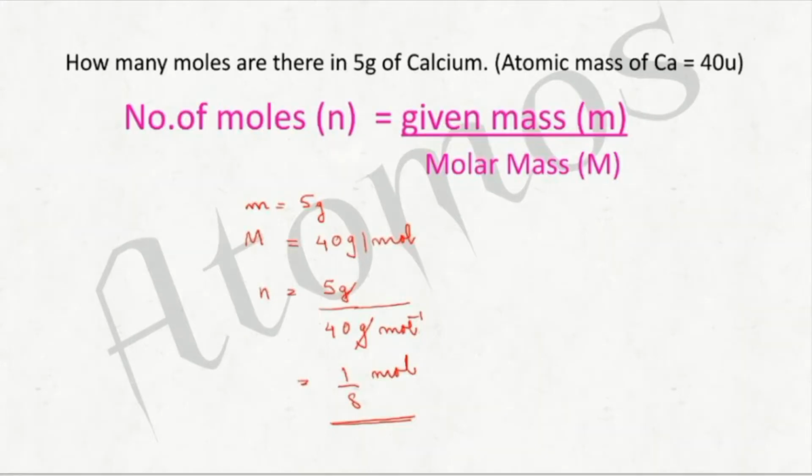Got it? See, one more point to be noted. In the question, we have written how many moles. Here we have written M-O-L-E, mole. But in the answer, we have written M-O-L. Why? Reason is that when we are specifying the number or when we are writing the text, we will be using M-O-L-E, mole. But as per the SI system, when we are writing mole as a unit, you will have to write M-O-L. Got it? You can note down that point also.